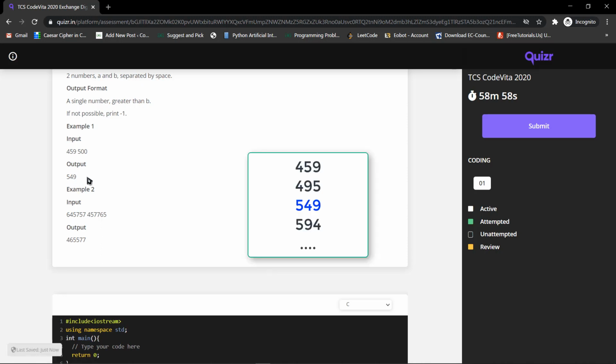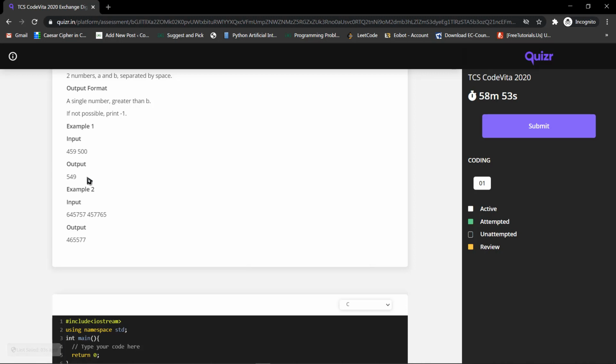If we generated a number like 954, which is the greatest number possible using these digits, that won't be the number we are looking for, because we don't have to find the greatest number, we have to find the number that just surpasses the limit, that is 500. So how are we going to do this? The first thing you should think of is how we are going to generate all the possible numbers, and if you thought right, you might have thought of permutation.